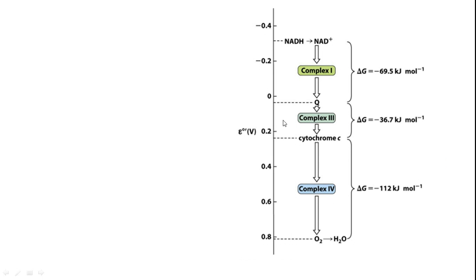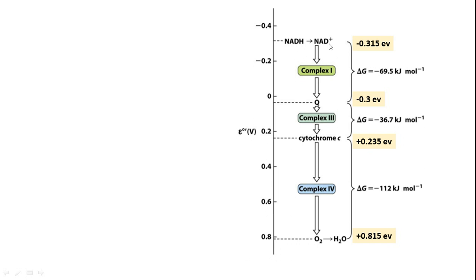As we have seen in the last lecture, it is the difference in reduction potentials which drives the electrons to move in a direction. Here you see the critical areas where the electrons are transferred: for NADH to NAD plus oxidation the reduction potential is minus 0.315 electron volts, for ubiquinone it is minus 0.3 electron volts, for cytochrome C it is plus 0.235 electron volts, and for oxygen it is plus 0.815 electron volts.